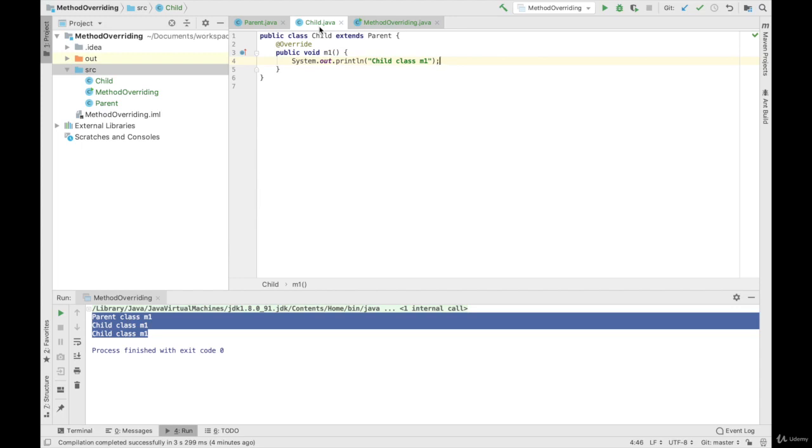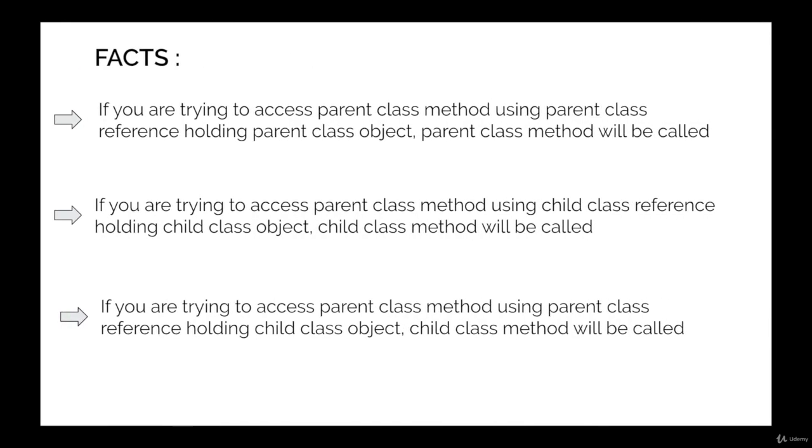IntelliJ is quite intelligent, wherein it will generate the code automatically for you. Okay, so in this particular lecture we understood what is method overriding in Java, and why it's so important. We also understood this concept better by writing one sample code, and we also took a look at some of the facts that you can derive from method overriding in